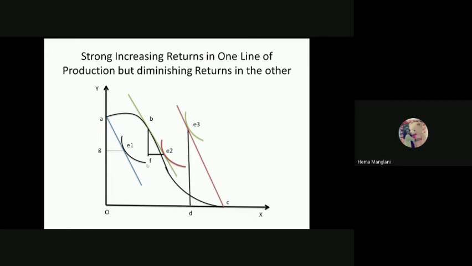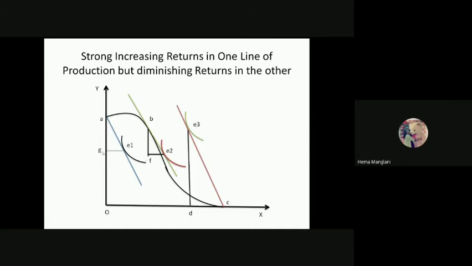Now this country's consumption point is somewhere here. The country is consuming, this is parallel, somewhere here. If the country consumes this, then it is relatively tending toward commodity X. So we can generate this triangle of exchange. This triangle of exchange says that the country is offering this BF. The remainder, this vertical line, is for their own consumption. So the remaining BF they are offering to the other country, but they are receiving only FE2.